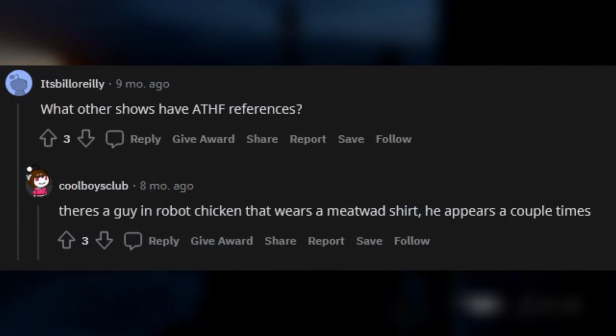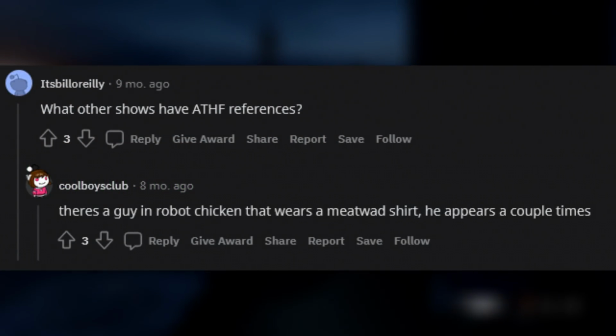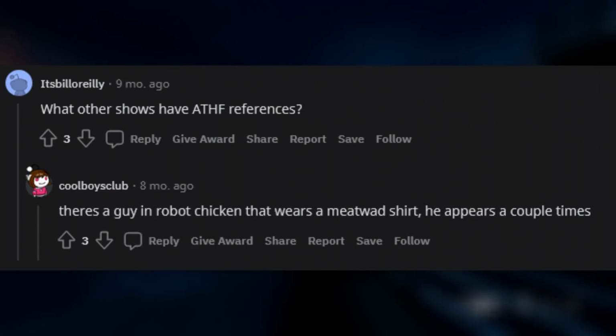References in other shows. Aqua Teen has been mentioned in a few shows before, but specifically when it comes to Adult Swim shows, there's an episode of Robot Chicken where a guy is wearing a Meatwad t-shirt. And in a very old Adult Swim program, The Brak Show, if any of you guys remember that, there was an episode where you can clearly see Meatwad for a split second riding on a scooter.